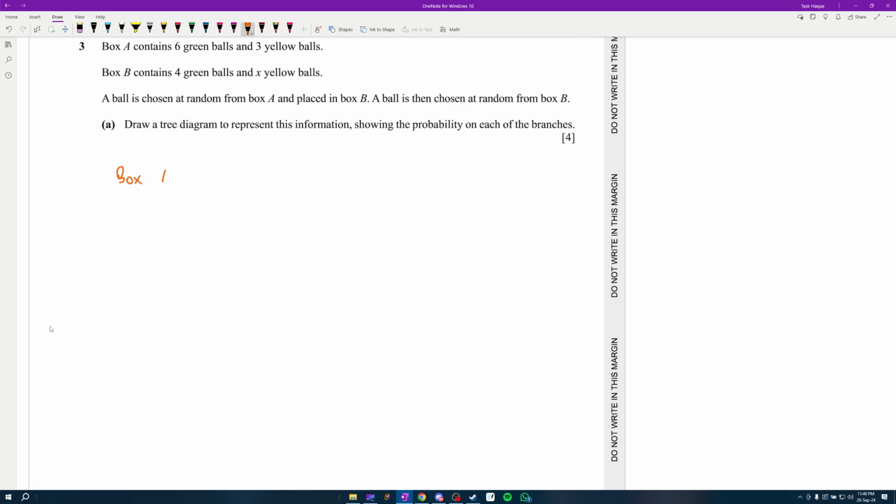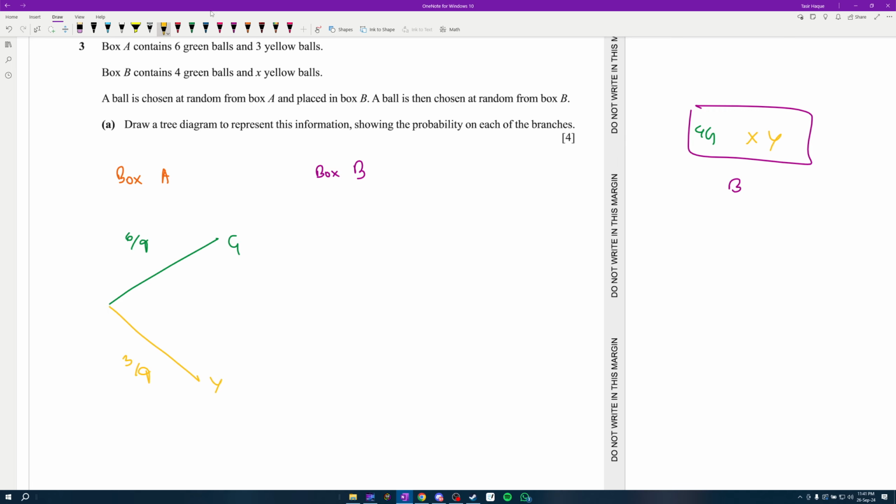Fine. So at first we are taking from box A. So we can either take a green ball or a yellow ball. The probability of taking a green ball is 6 out of 9 and taking a yellow ball is 3 out of 9. Fine. And then we place it into box B. So box B contains 4 green and X yellow. So if you add this green ball